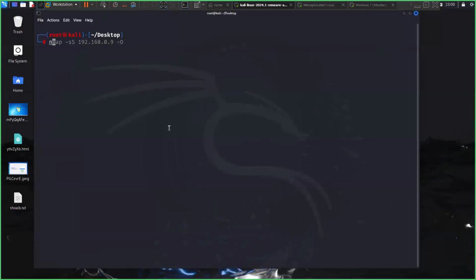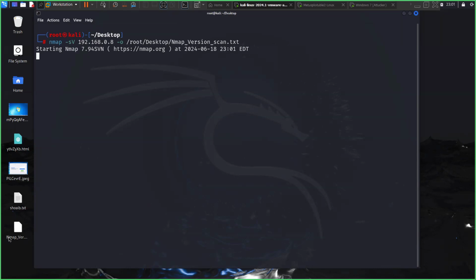For example, if I run an nmap scan here, let's say nmap -sV for version scan, and if I specify the target IP, and let's say now, rather than getting the output on the terminal, which is temporary, if I want to store the output permanently in a certain file, I can export it with the hyphen o option. So I can give -o, and I can specify a file name here, /root/Desktop. And let's say I specify a file name called nmap_version_scan.txt. And now when I hit enter,